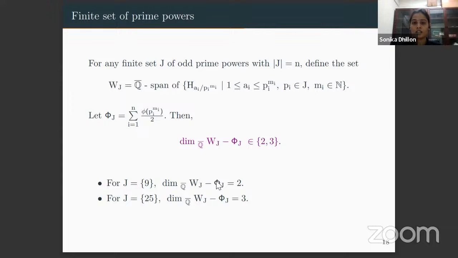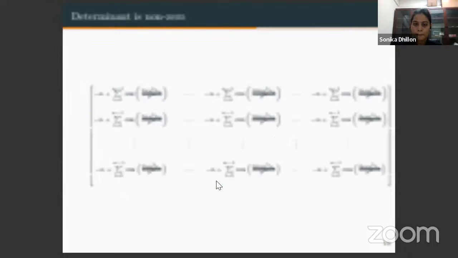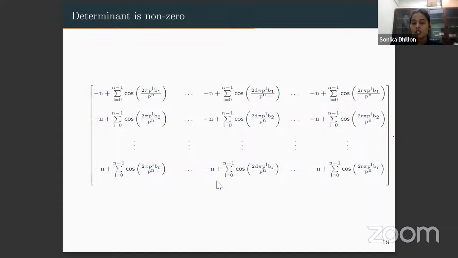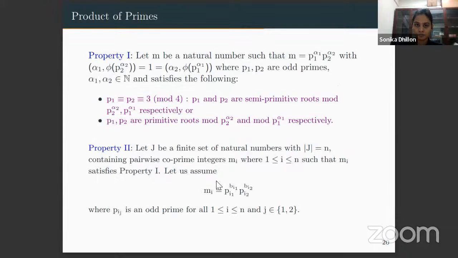So in general we don't know, but at least for this particular case, if you take the function f in such a way that it is supported only at the first phi of p to the power n by 2 plus 2 many values, then L dash of 1 comma f will be non-zero. So instead of studying Dirichlet type, one can study a different type of function also. So that is one application of the basis that we have found for these particular vector spaces.